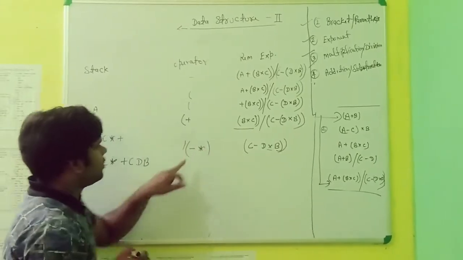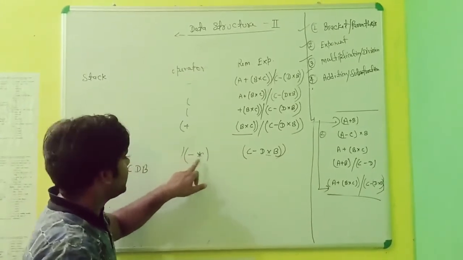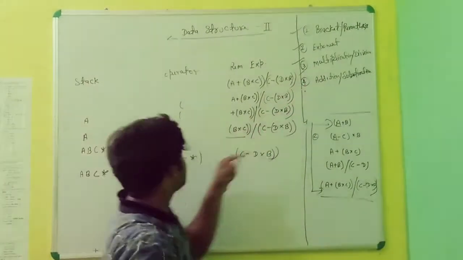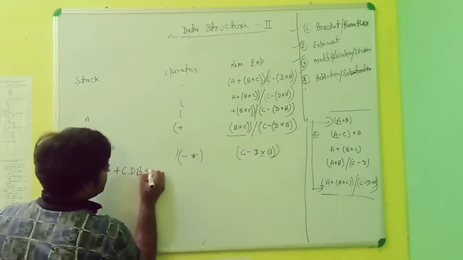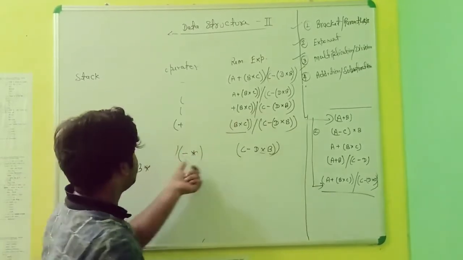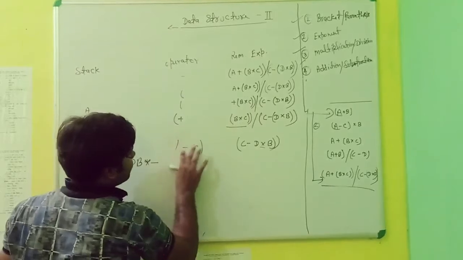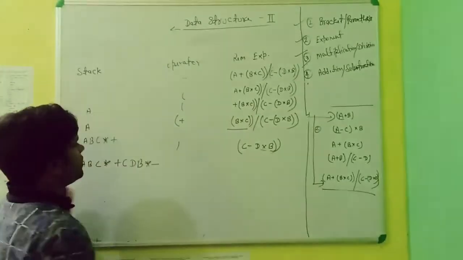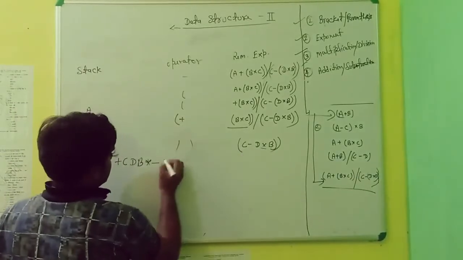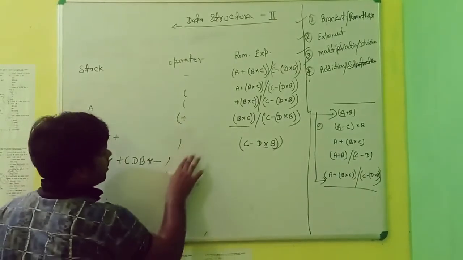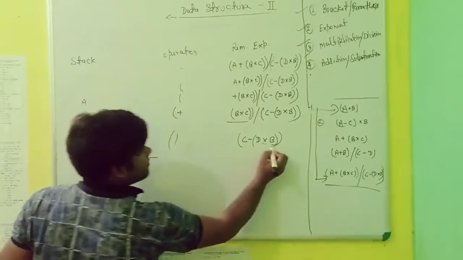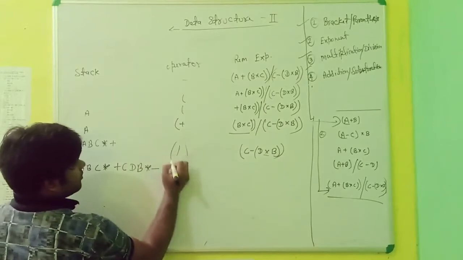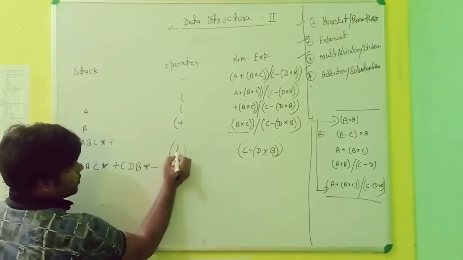Now see, subtraction and multiplication both are here. So which has the highest priority? Multiplication has the highest priority, then it will be transferred here. After that, minus will be transferred here, then this brace will get destroyed. When it gets destroyed, at last this will be here, and this below. Brace will be transferred here. That means these two braces, opening and closing, are now the same. So this division symbol will come here.